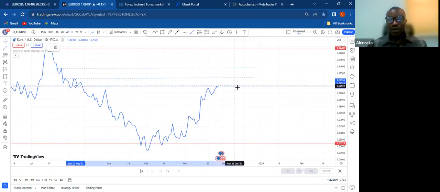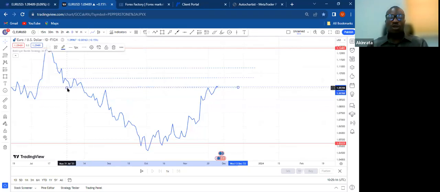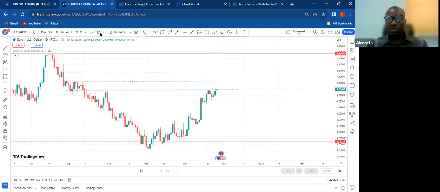The truth is, all anti-dollar pairs are at a strong resistance, and all dollar pairs are at strong support. So expect anything to happen. Sincerely, all this trade you're doing is just a pullback scalp. But expect anything to happen, because price might just come and drop. You understand? Price might just come and drop,